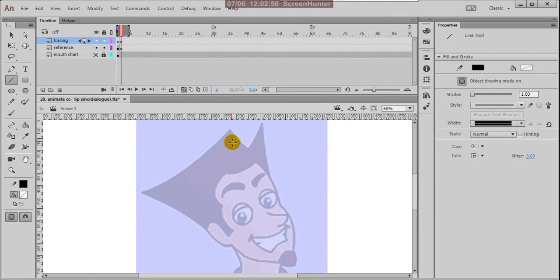Click on object drawing and give the lines. The shortcut is N for the line tool. I want to make curves and edit these lines, so I will click on the selection tool, or otherwise the shortcut V. N is the line tool and V is the selection tool.